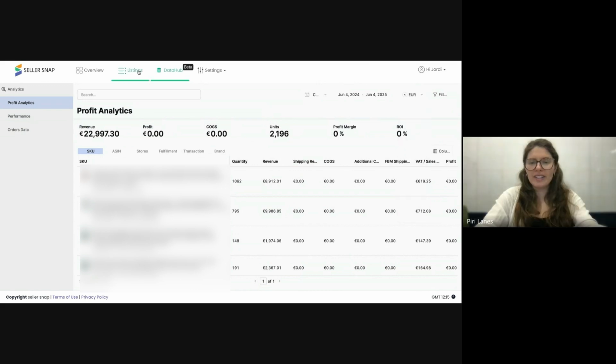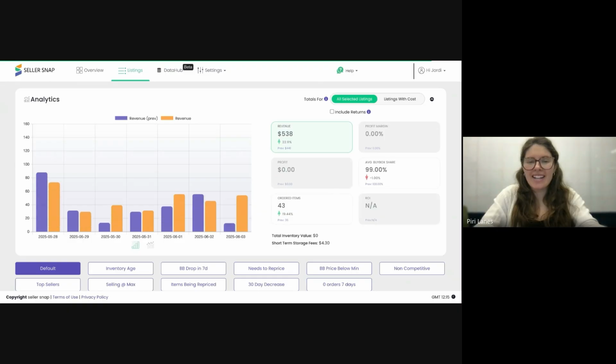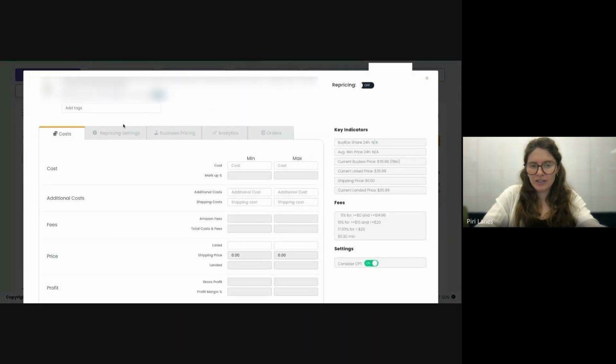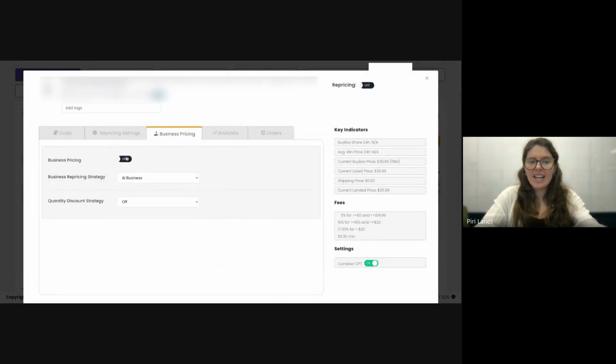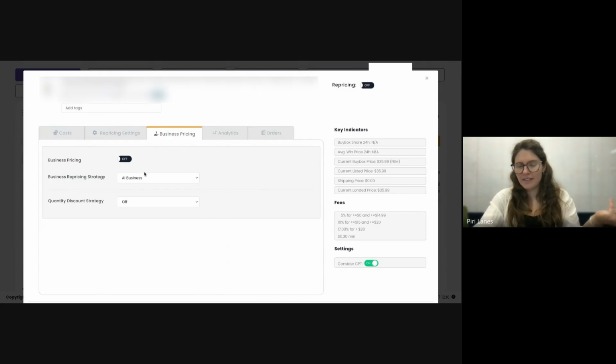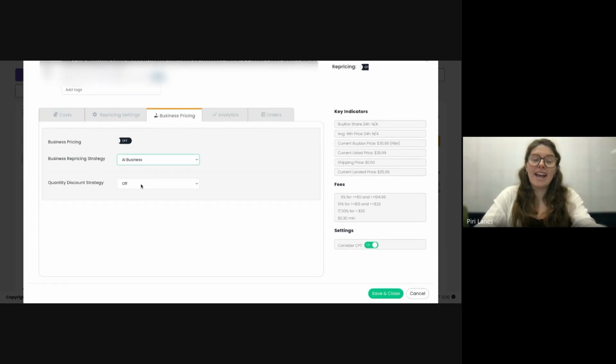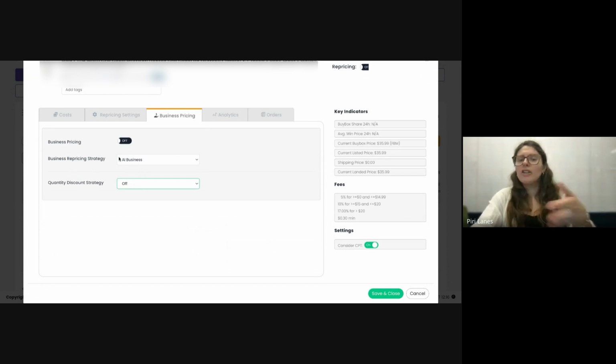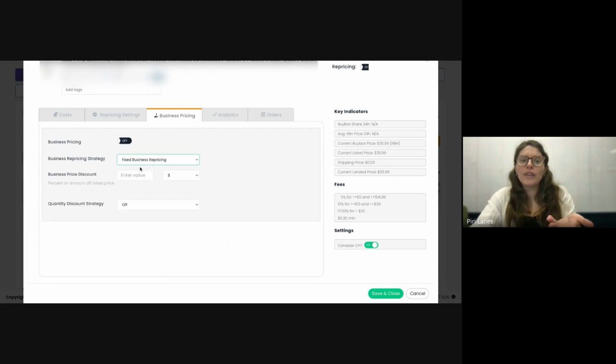I'll just show you really quickly for the B2B stuff. SellerSnap has, as one of the little toggles here, business repricing. You can enable it or disable it. Regular repricing has to be enabled, since you have to have a B2C offer to have a B2B offer, obviously. But you can use SellerSnap's AI. We have an AI that was created for the single quantity discount and then the multi-quantity discounts. If sellers don't want quantity discounts and just want the single, you can do that as well. If sellers want a fixed price, they can do that as dollar or percent.